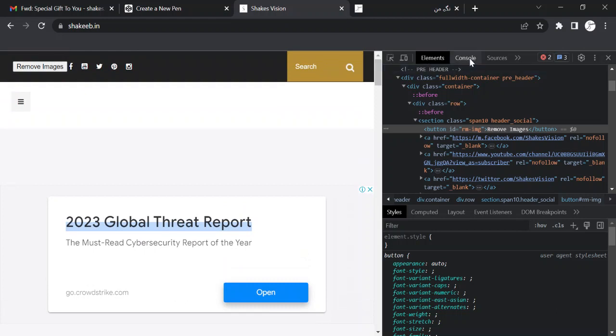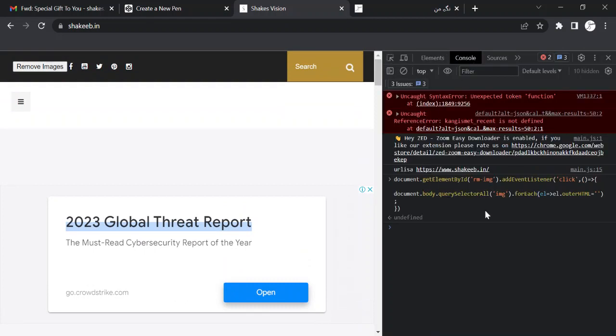To remove all the image tags, I simply went with this logic: for each image tag, set outer HTML, that means the image tag itself, to empty. That means it is removed. If you do el dot inner HTML, only whatever is inside the image tag would be removed, and usually an image tag does not have anything inside. So that was simple. I first executed it on the console, and then they wanted me to implement a button for it.